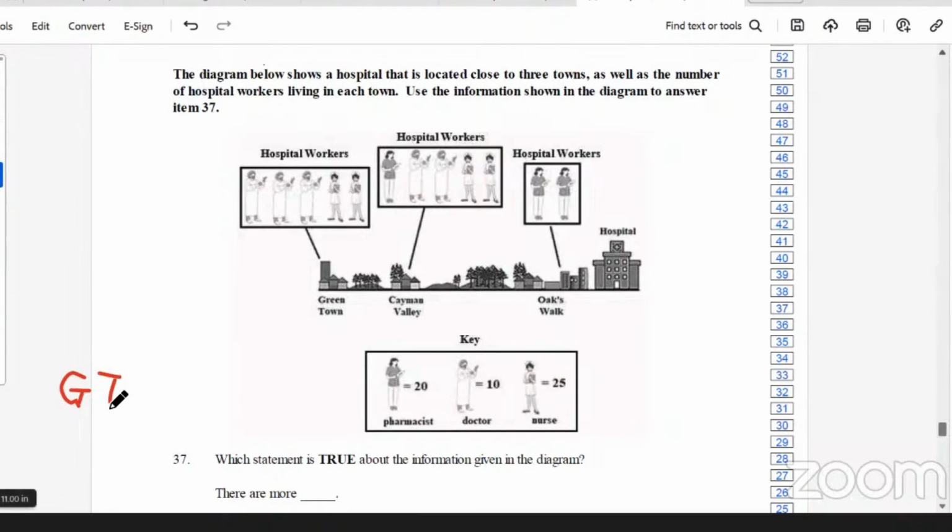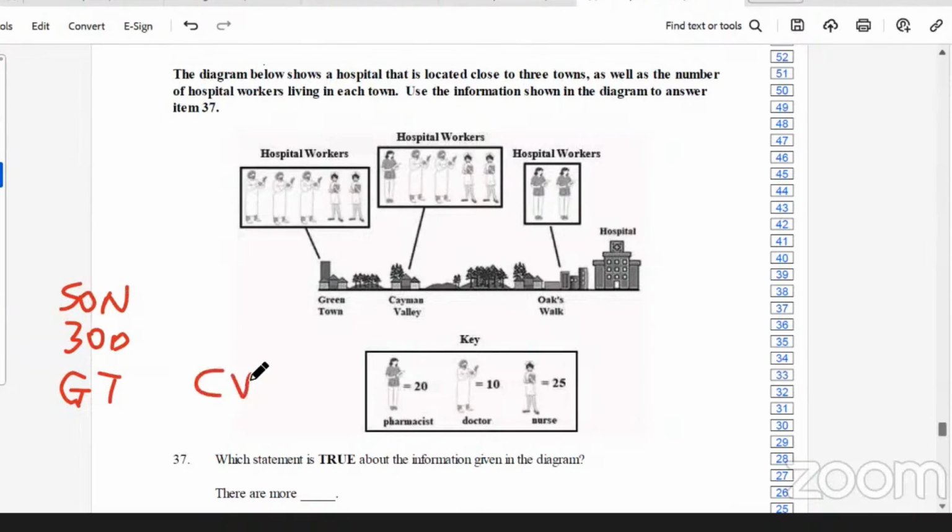So for Greentown, that's the first one. We have each of those represents 10 doctors, so that would be 30 doctors. And each of those represent 25 nurses, so that would be 50 nurses. Okay, then for